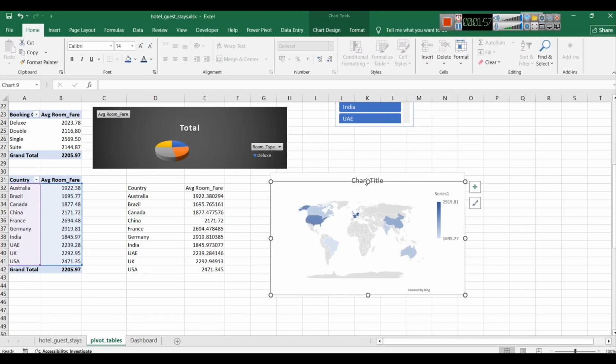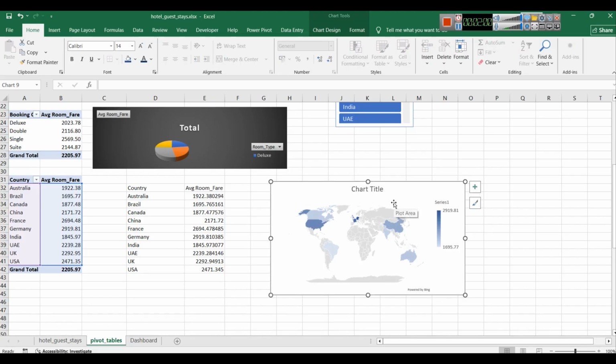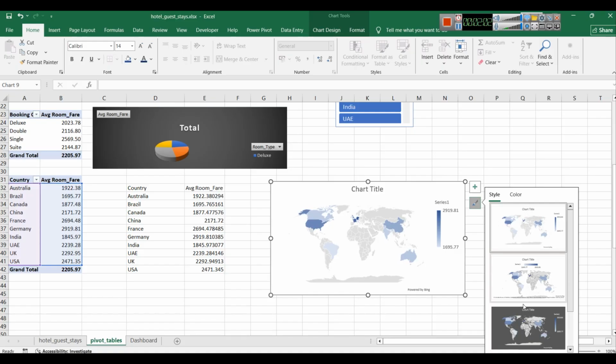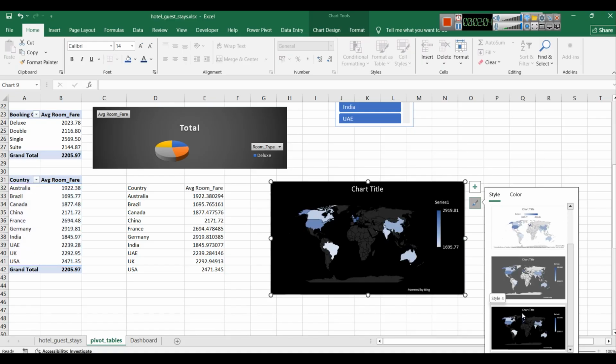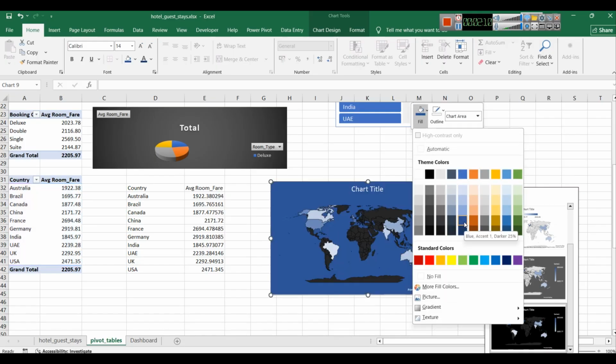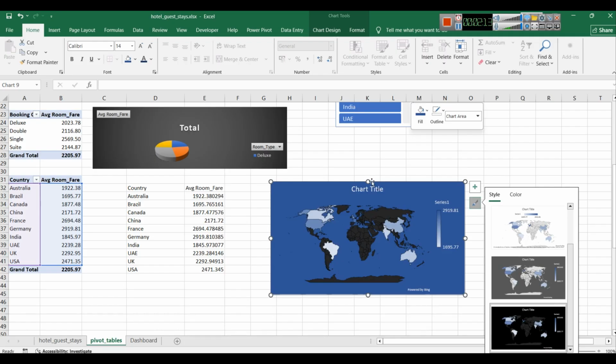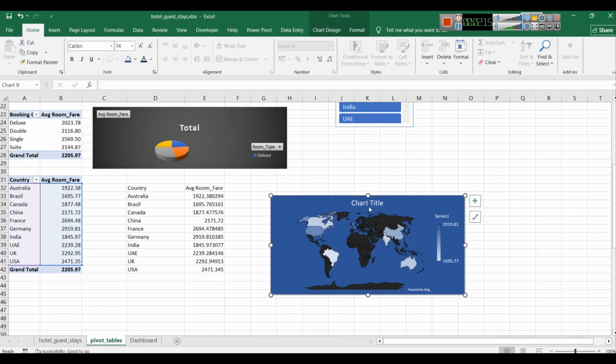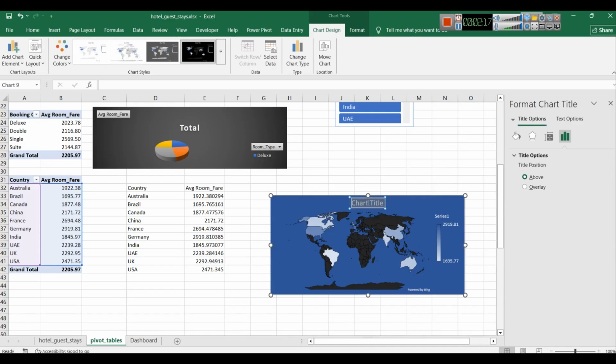And now you can customize this chart as per your requirement. For example, we can go with a chart like this with a dark background. Obviously in our case we are going with these kinds of fill colors, so I will go with this fill color, and the chart title will be country wise average room fare,